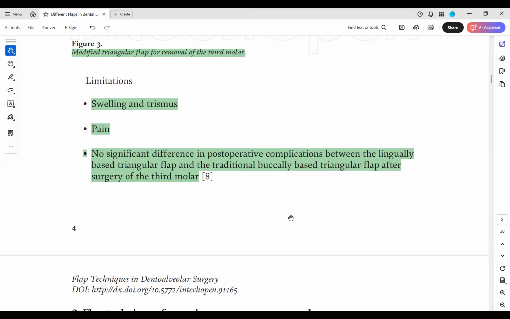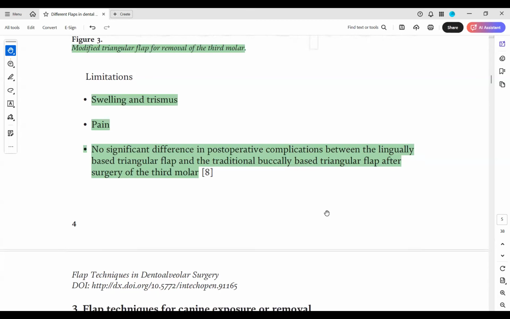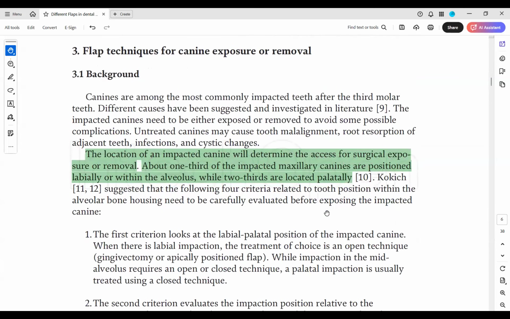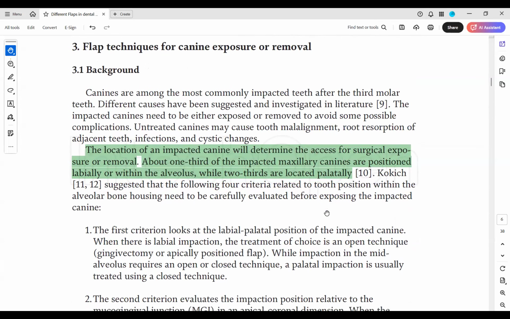The only limitation that you will remember, which is clinically relevant and in exam SBQ wise, which can be asked as a concept, is that you will expect slightly higher post-op swelling and pain, and you will manage it by educating the patient, right? And pain can be managed by analgesics. Now that sums up how the third molar surgical flap indication concepts and questions can be asked in the exam.